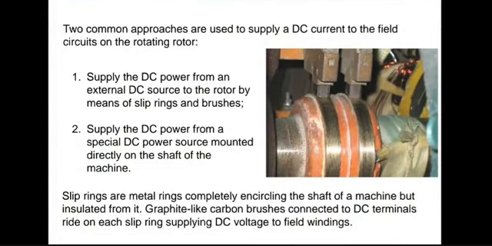There are two different approaches to supply DC to the rotor. One is you can have an external DC generator connected, which can be rotated using the same rotary input that is coming in for the main generator. So you don't need a separate turbine for that one. Or you can have a DC power source directly connected where you need it. So both possibilities are there.